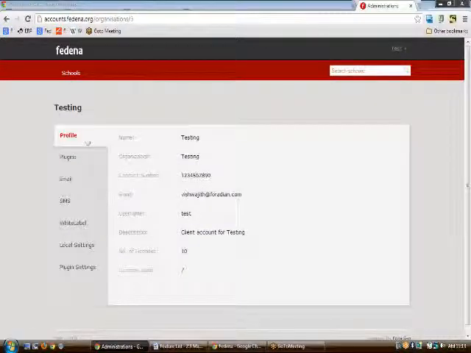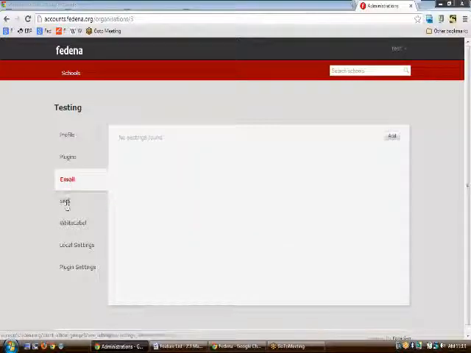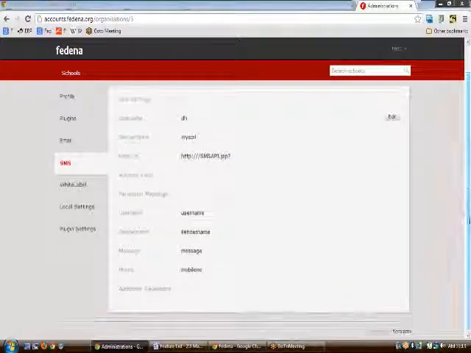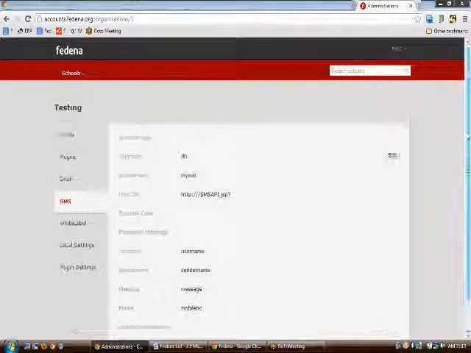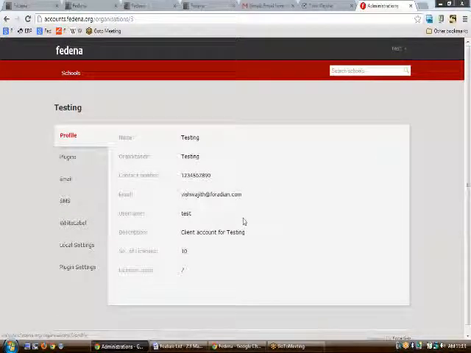When it comes to company settings, it tells you more about you, the company, and the plugins, the email. It tells you how the company settings are to be done, are to be maintained and all. So to start with, this is the profile that a person sees.